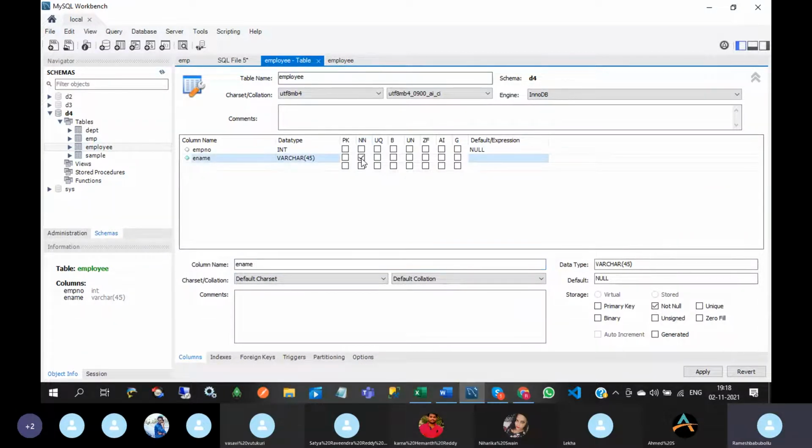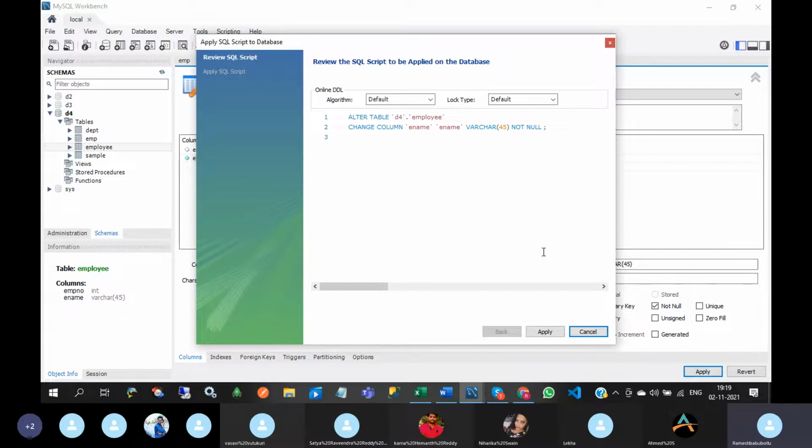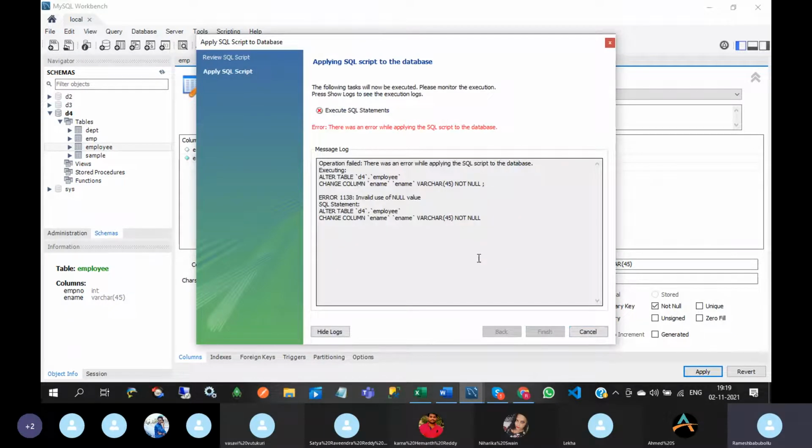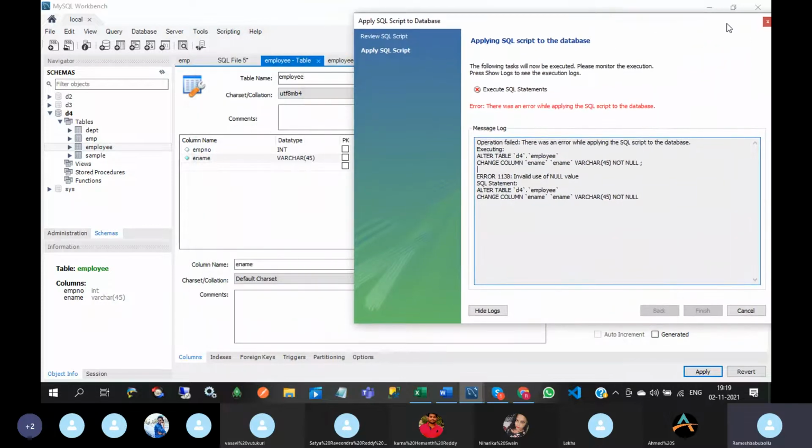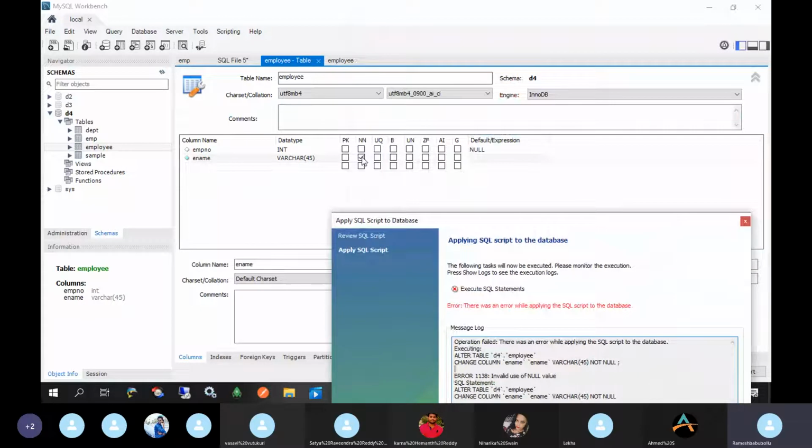If I click on this NN, then it will not allow null values. At the time of inserting values, it will throw an error. Now you will get an error. Why? Because ename already has null values, so you can't put this condition.